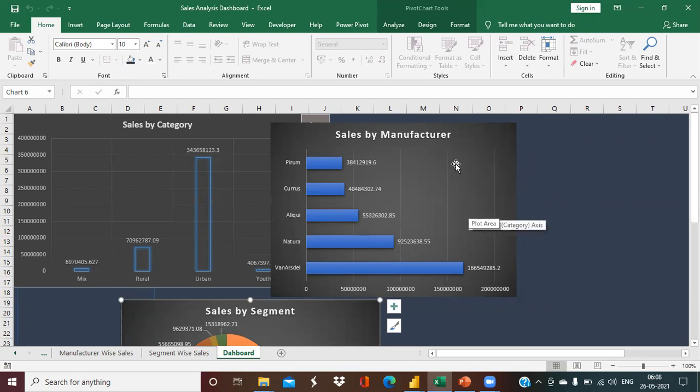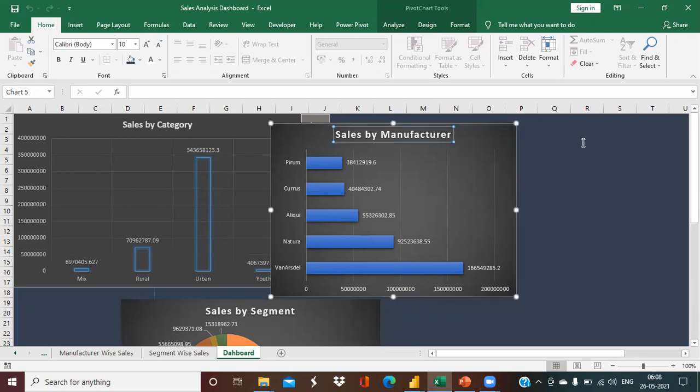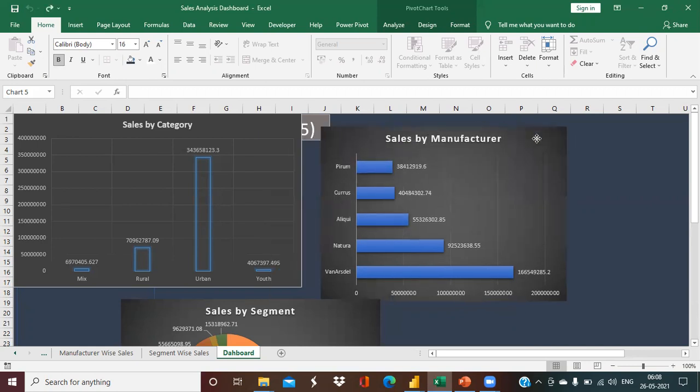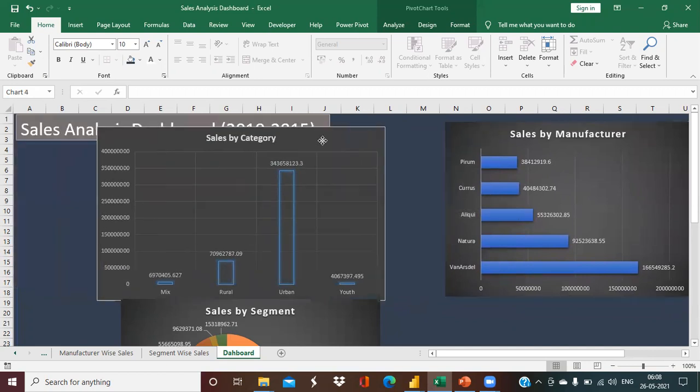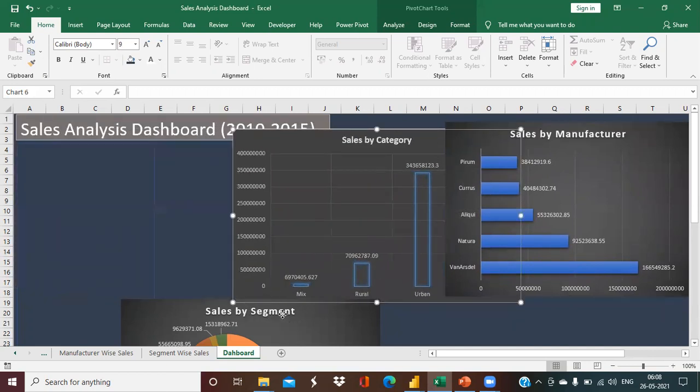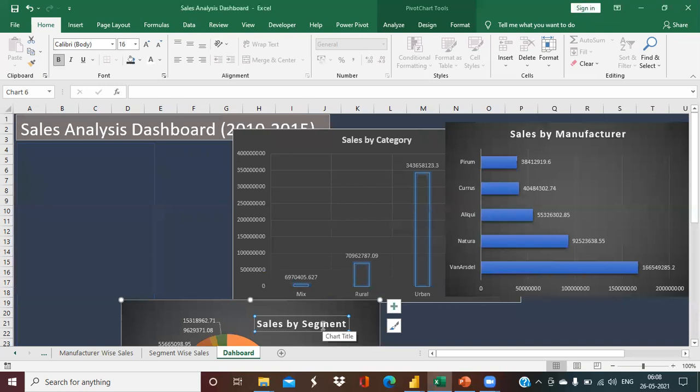The first thing I need to do is, if you remember that day, I created these charts. We just need to arrange them properly, as per our first requirement, so that we can have a better dashboard.